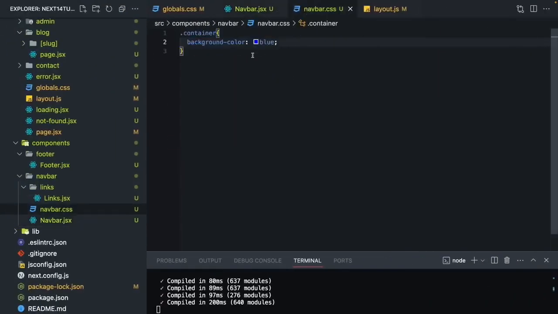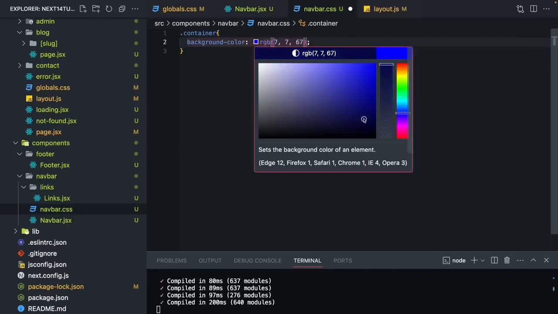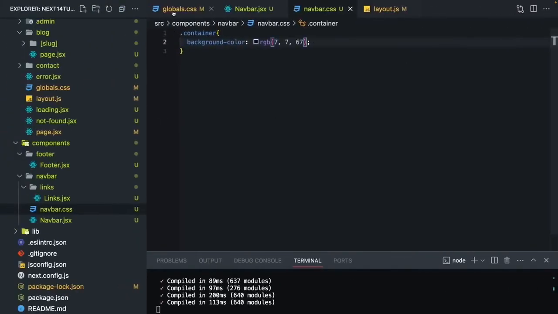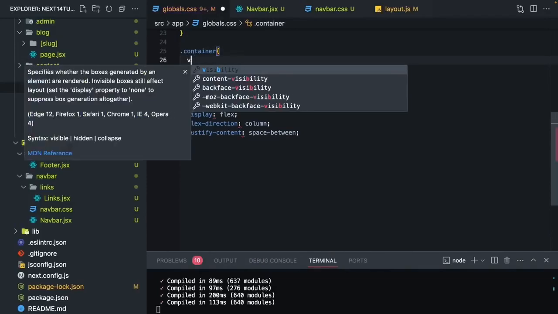By the way, I'm gonna change this color. It's torturing to see this color. Okay, it can stay like that. As you can see, all our container is blue. If I open up my global CSS and change this background color,